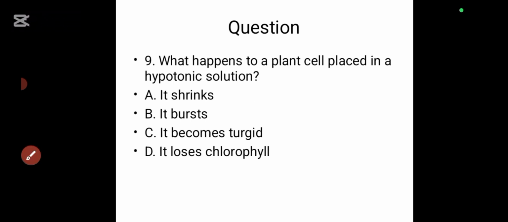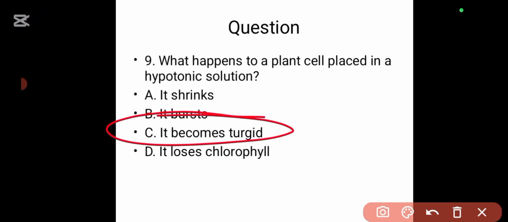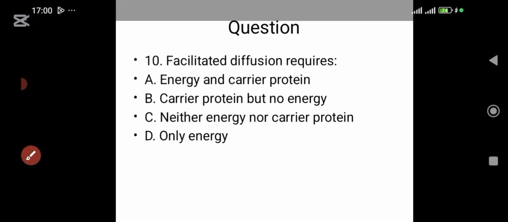What happens to a plant cell placed in hypotonic solution? What that means is that the environment, that is the solution outside, is lower in salt concentration than the solution inside, which means that water will go into the cell. So it will absorb water, so it will become fully stretched, in turgidity. All right, then